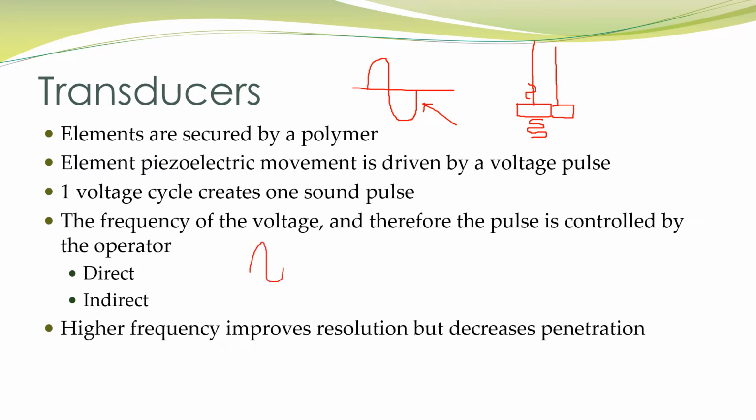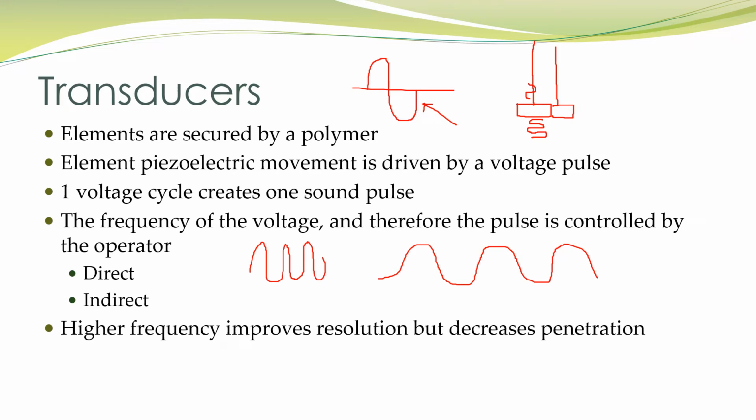We know that high frequency sound waves provide us with the best resolution, but they also give us limited penetration or depth. So if we're scanning somebody that maybe has a really fatty or fibrous or cirrhotic liver, and we have a relatively high frequency, and we cannot get penetration, we will never be able to see the back part of that liver. It can become very frustrating. And so what we'd want to do is adjust that transducer so we had a lower frequency, which would be more penetrable and could get deeper into the patient. Granted, we would lose some resolution, but at least we'd be able to get some imaging of the depth